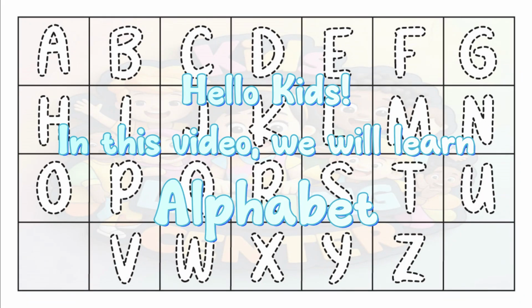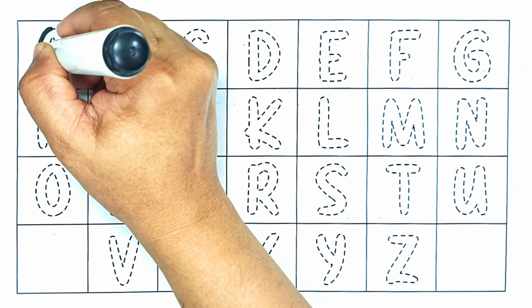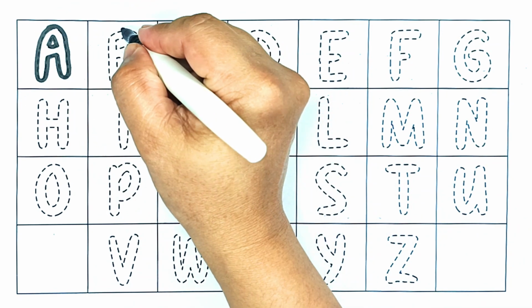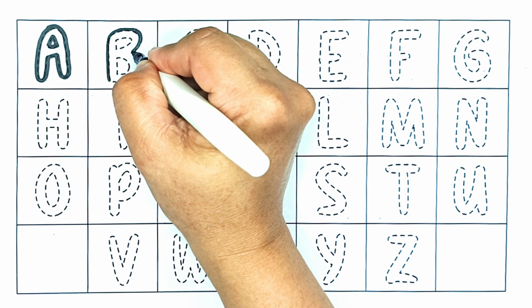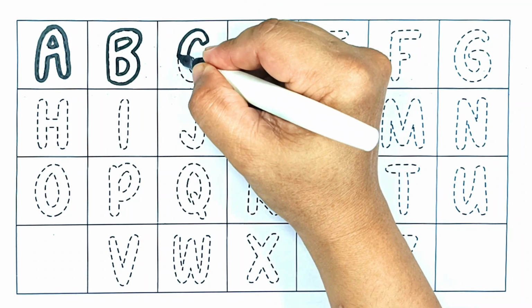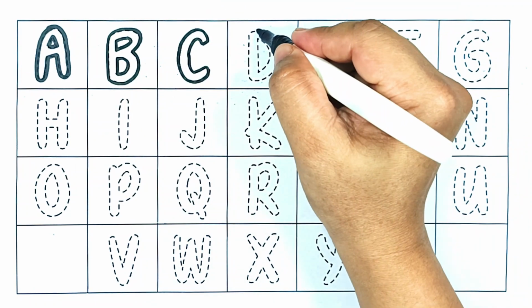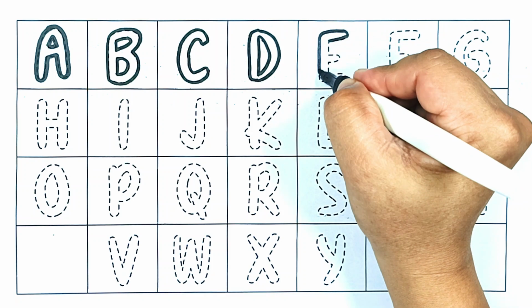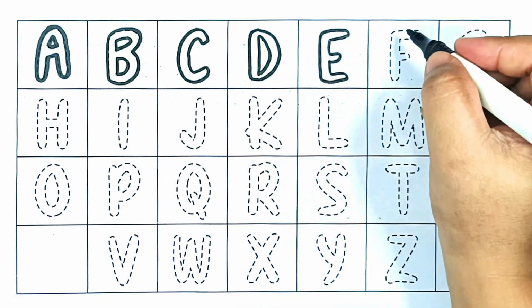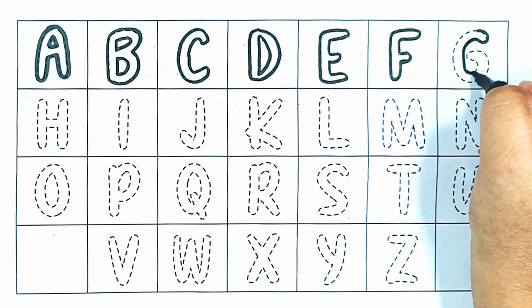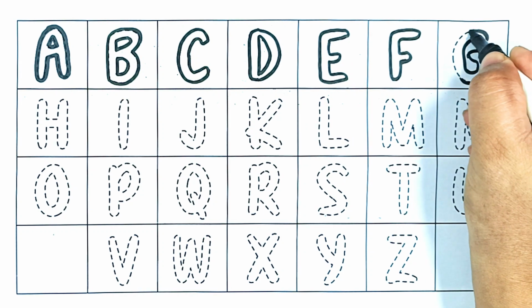Hello kids. In this video, we will learn alphabet. A, A, B, B, C, C, D, D, E, E, F, F, G, G,